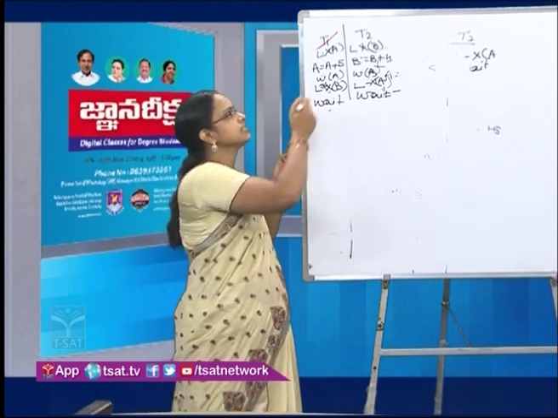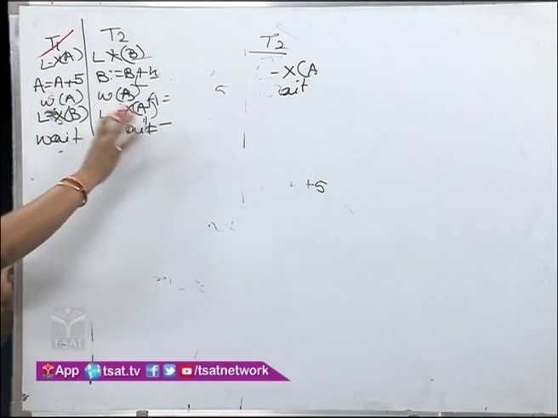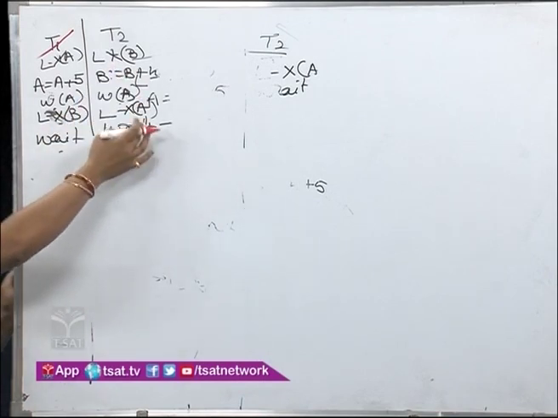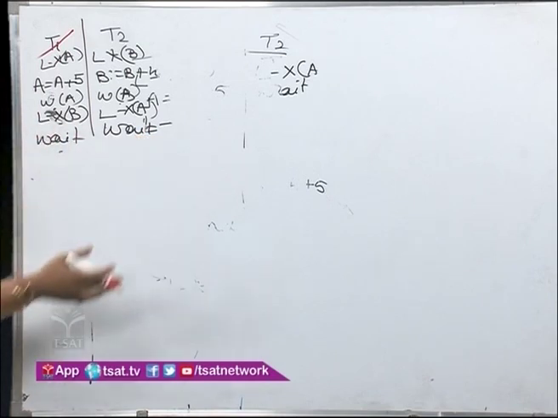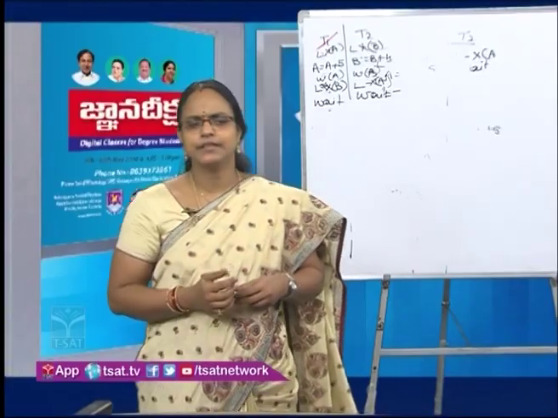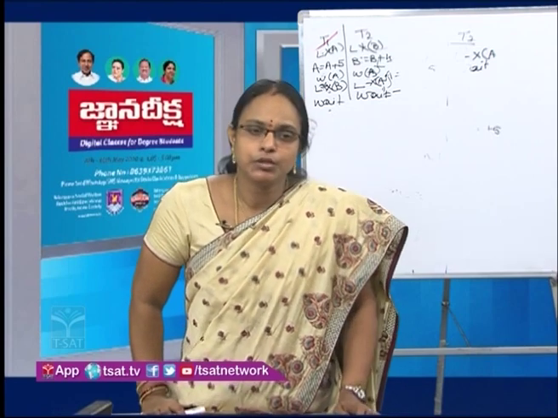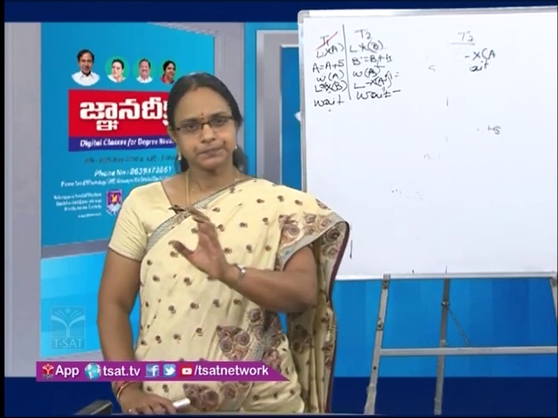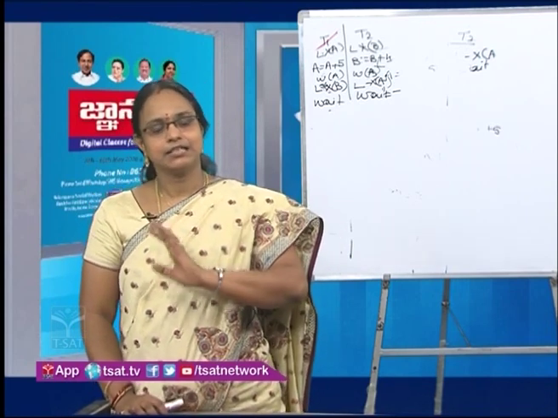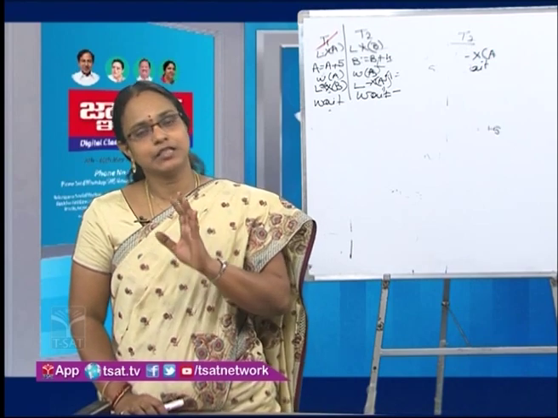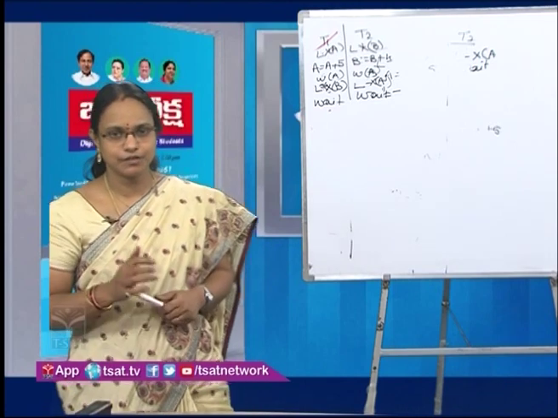So after 5 seconds, this transaction will be killed, and T2 is allowed to execute. Once T2 executes everything, it will release A as well as B, and A and B will be given to T1, and T1 will restart again. Just one more example is your OTP. When you do any bank transactions, you will get one OTP. This OTP generally will be valid only for 5 minutes. After 5 minutes, the timeout takes place, and if the transaction couldn't execute in that time, you will get a timeout. Okay. So this is the first method of handling deadlocks.